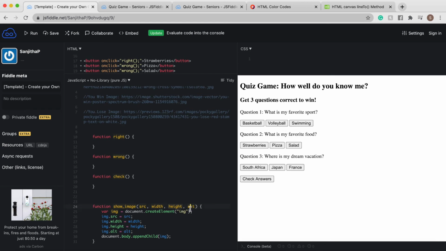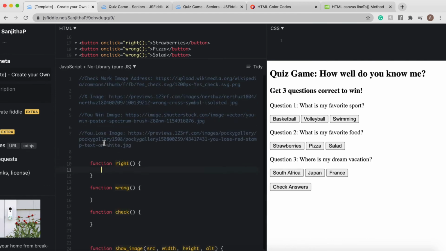So all we need to do inside of our right function is simply tell show image to run. We need this piece of information to run, but with what image address? Well, since the user selected the correct option, it needs to be the checkmark image address, right? So what I'm going to do first of all is store the image address in a variable. So let's say var src